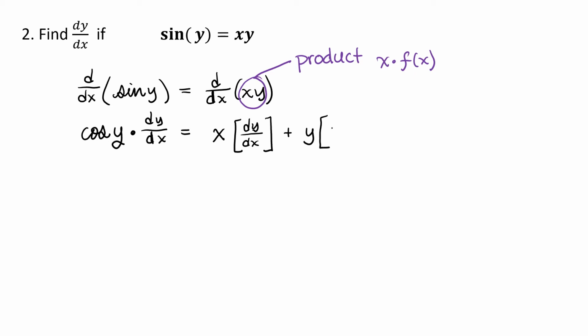The derivative of x is 1. So we have cosine of y dy dx, and here's one of our dy dx's, is equal to x dy dx